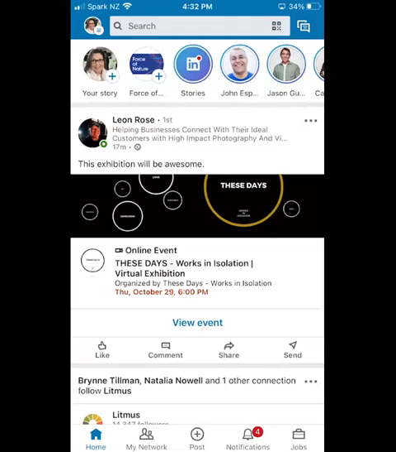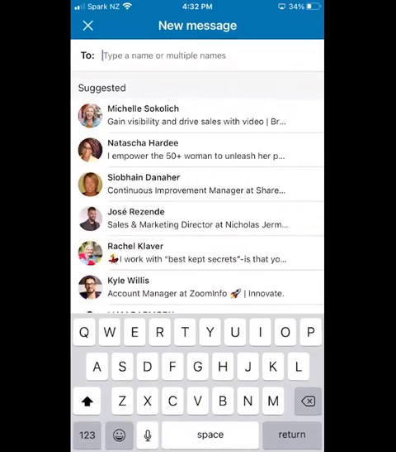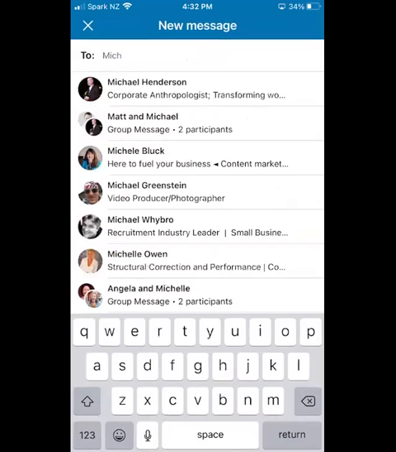So in order to use voice messaging in the messaging feature on LinkedIn, you need to go in through the LinkedIn app on your phone, which I've done, and I'm recording it here on Zoom. So it's super easy for you guys to follow. While I'm in the app, I enter into messaging, which is at the top right. I start a new message,